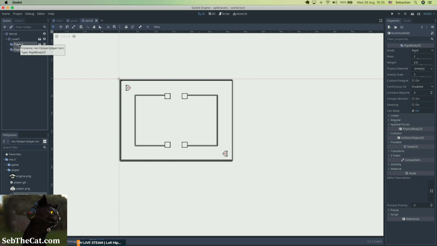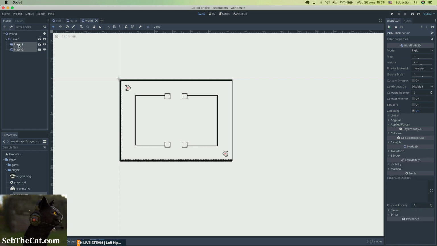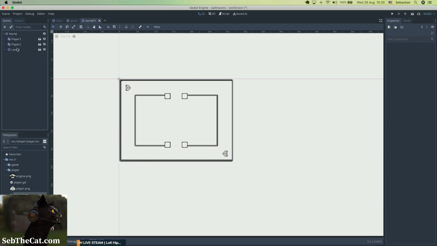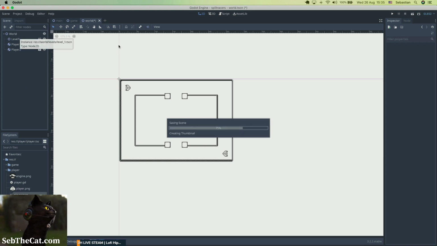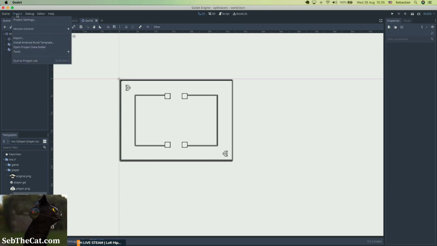Okay, and in fact, do these players need to be children of the level? Probably not. Let's just take them out. Stick level at the bottom there. Okay. So then what I'm going to do is I'm going to set up our